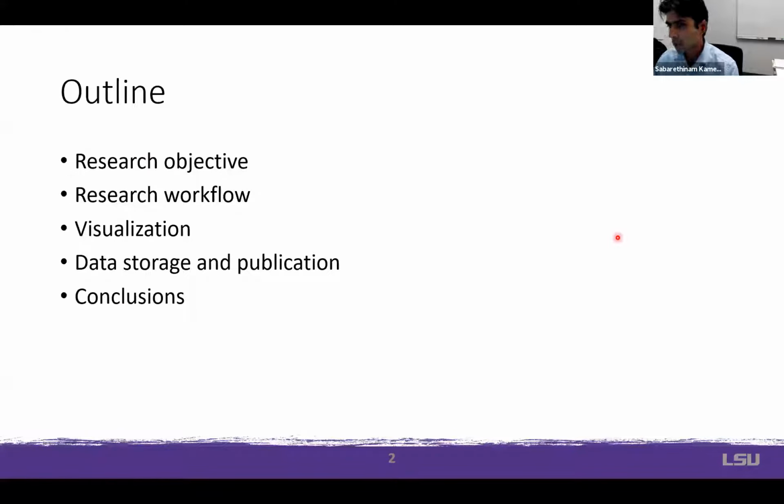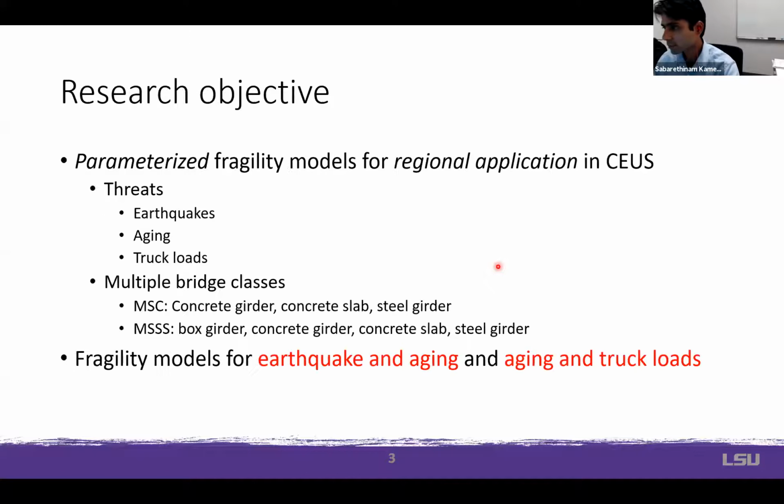So in the outline today, I'll be mostly showing the research objective, the workflow, and then going through how we achieve our workflow on DesignSafe, and then moving down to visualization, how we see data, how we can present it to others, and finally discuss a little bit on how we can store data, because DesignSafe has primarily been used for storage. And I'll also talk about how we can store data for simulation-based data here.